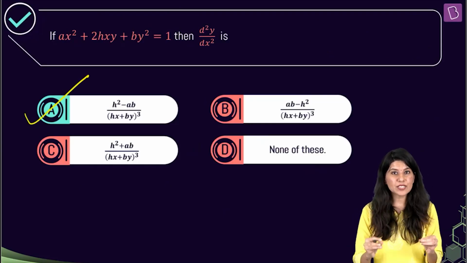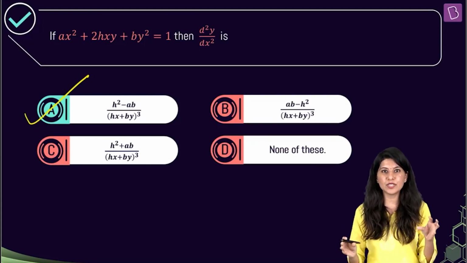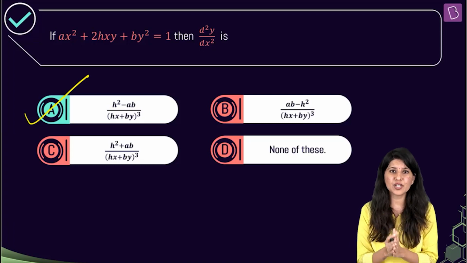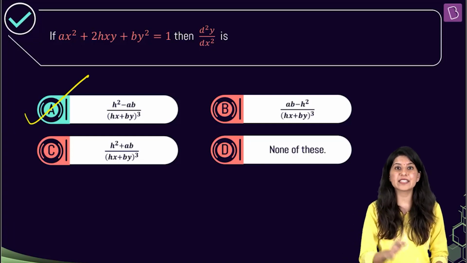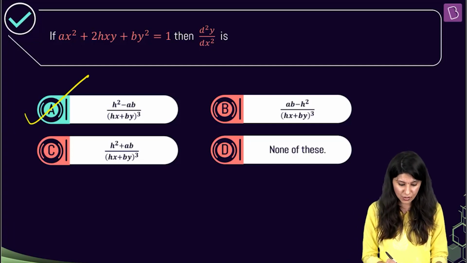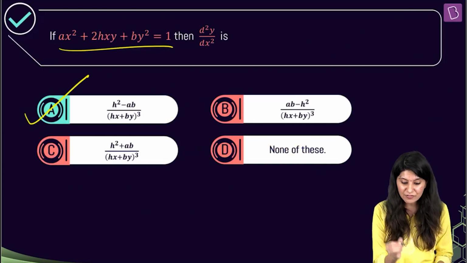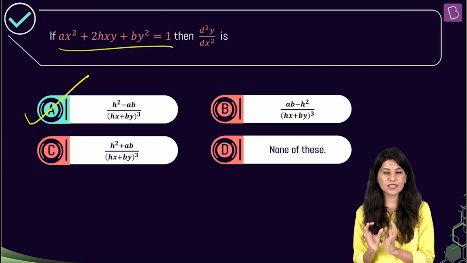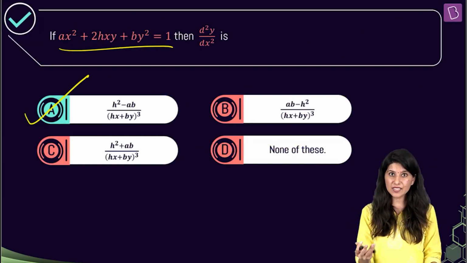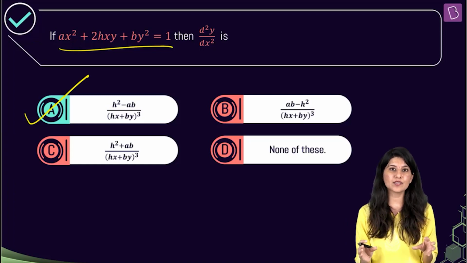So basically this question was a little bit lengthier and trickier. We just need to do a little bit of manipulation. We need to make sure we have y dash in front of us. We have y double dash in front of us. We are looking for y minus xy dash, and we have this given information. We have to use multiple things in this to get the answer. This question is not difficult. I would not rate it difficult, but yes, many things are used in this question.